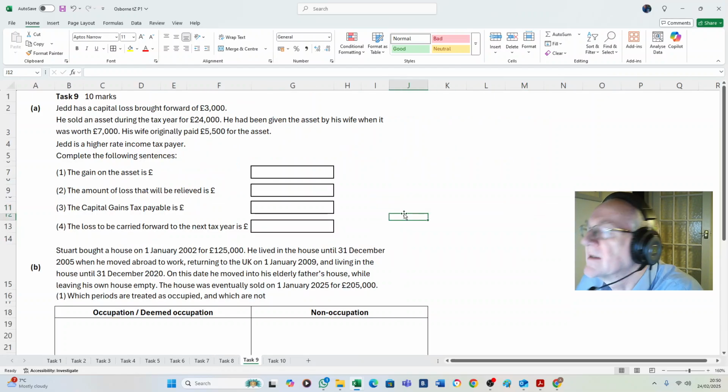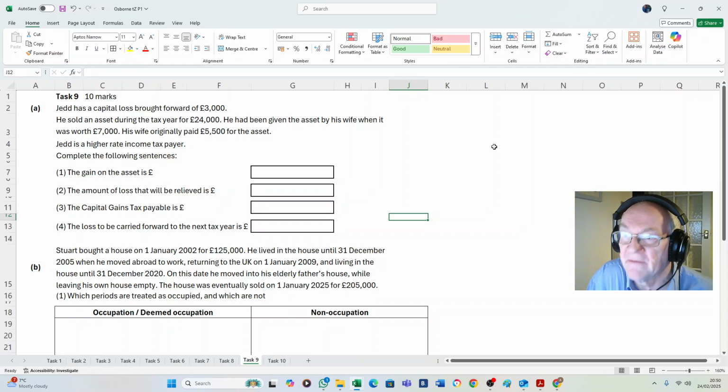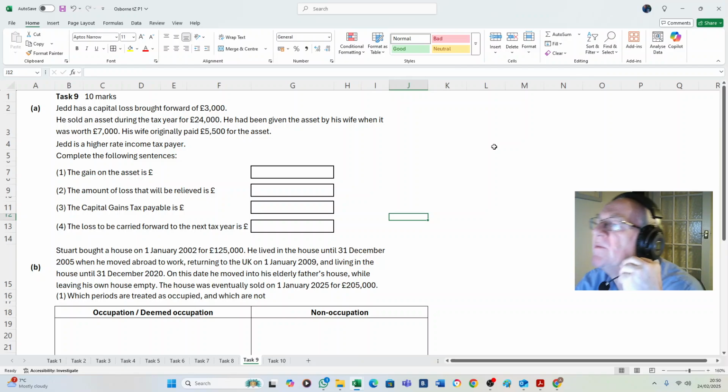So last task then, still on capital gains, but we are now on some numerical calculations rather than the theoretical ones. Do take note of what the examiner says in the reports. So we've got a capital loss brought forward of 3,000, so that's okay, we can bring that forward. Sold an asset for 24,000, was worth 7,000. But we know that 5,500 is what matters. So we can do,